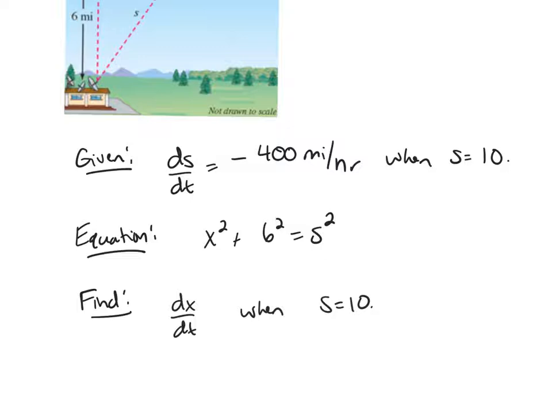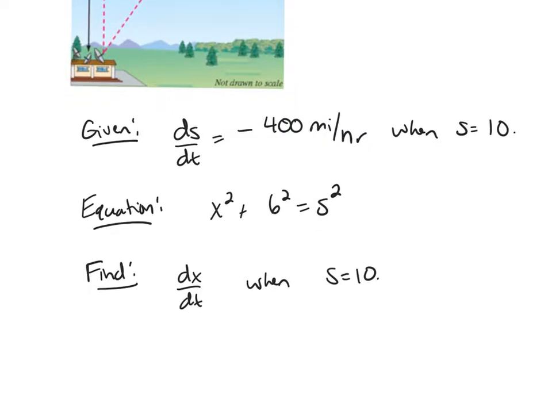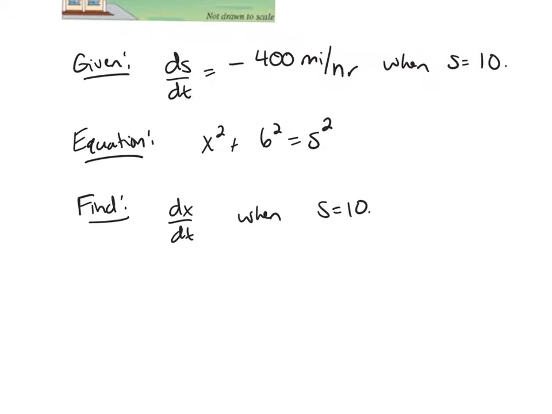So I've broken everything down into what I'm given, my equation, and what I need to find. So now I'm going to take my equation, which is x squared plus 6 squared, which is 36, equals s squared,